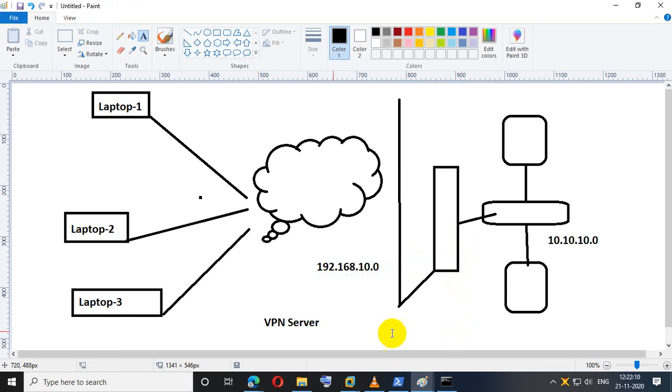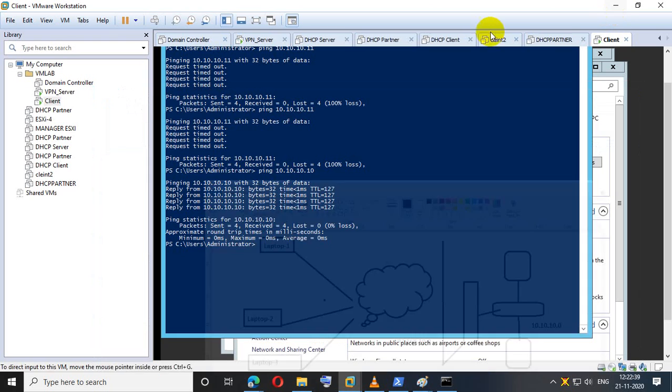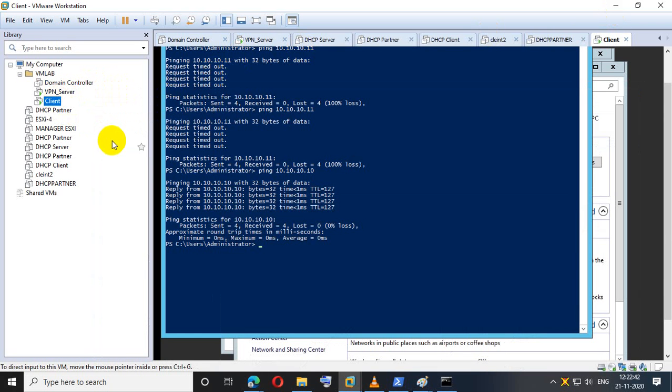Okay. Now these are the roaming users. They can be in any part of the world and connect through the internet. Once they enable the internet and try to access the domain controller IP address that we have created for the WAN IP address, they are directly connected to the office network. Now from this office network, think of it, every machine has a different IP. Even I am telling you, this client machine does not have a static IP address.